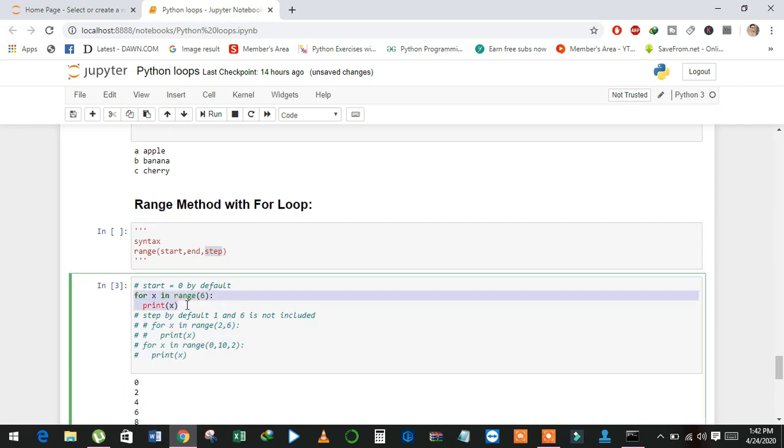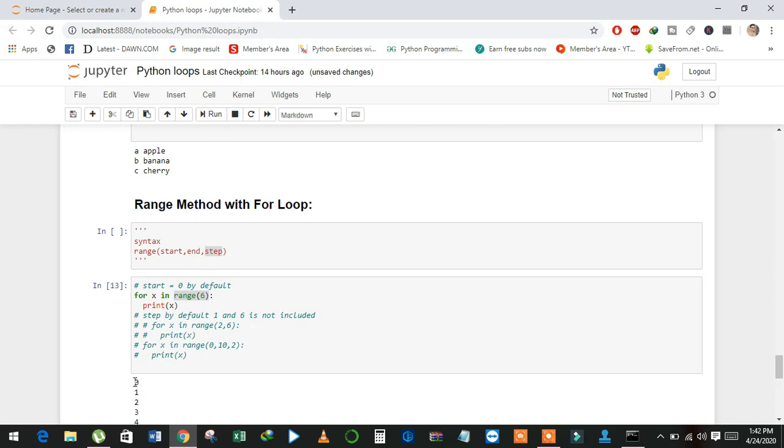I want to print the numbers 0 to 5, which is equal to 6. With range we can define the range of numbers. And see here, I have defined 6, and it will by default start from 0, and also it will use step 1 by default.